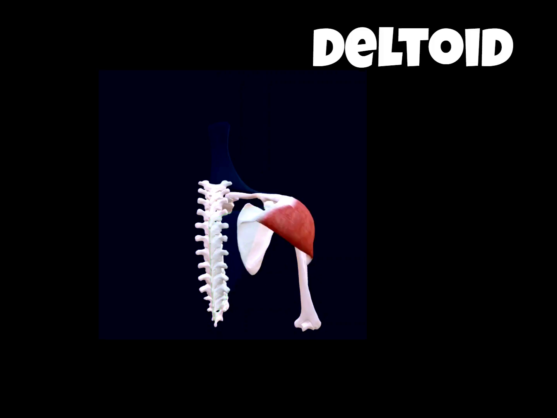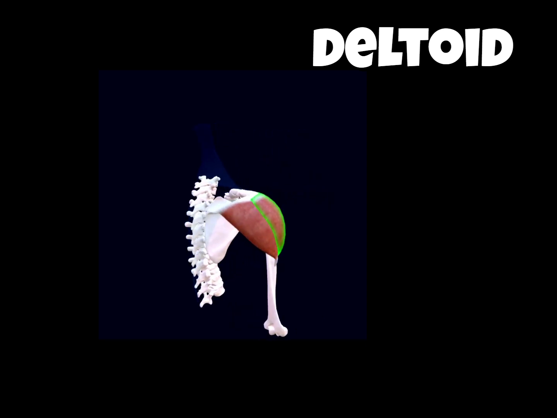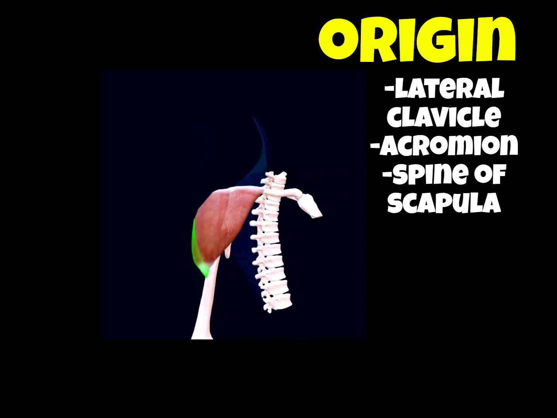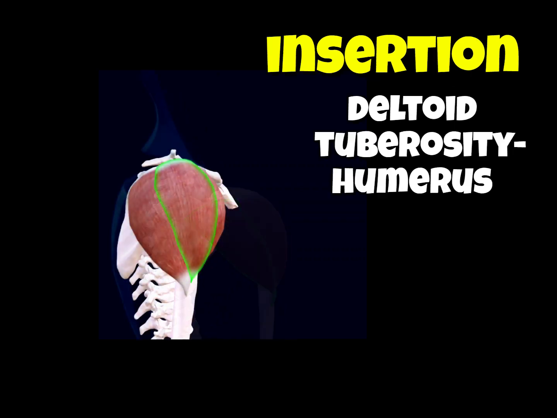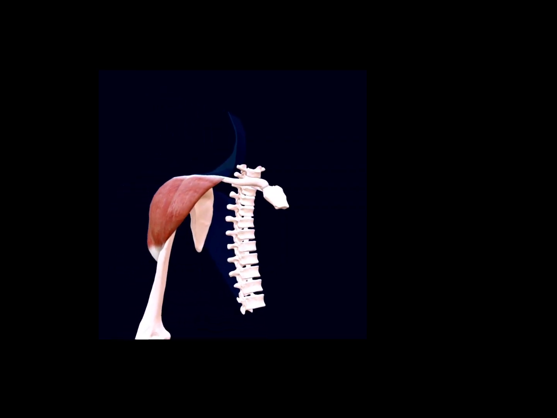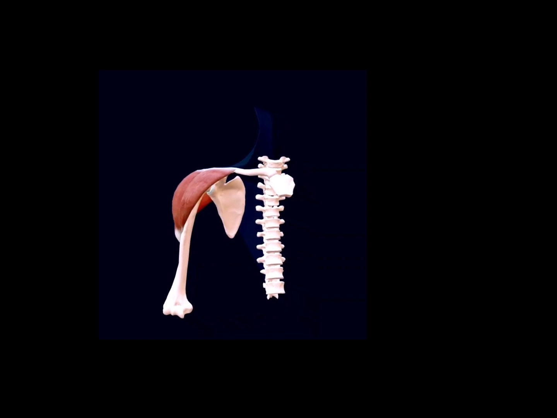Next, coming on to the deltoid muscle, which consists of various heads. It has the clavicular head, the acromial head, and the spinal head. It takes origin from the lateral third of the clavicle, acromion, and spine of the scapula and inserts onto the deltoid tuberosity of the humerus, supplied by the axillary nerve, and helps in abduction, mainly from 15 to 90 degrees, and flexion and extension due to the various heads of this muscle.